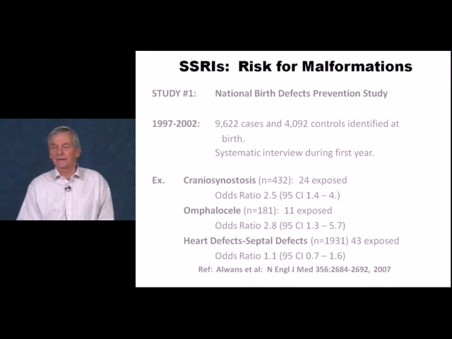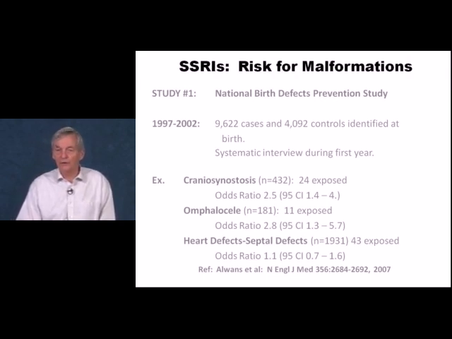So that led to the need for better studies, and I'm going to show you in the next two slides how difficult this has been to sort out. We start with the first study, done by a really large and very well-qualified group. The National Birth Defects Prevention Study is a 9-state collaborative coordinated by the Centers for Disease Control in Atlanta. Over a 6-year period, they had almost 10,000 children exposed to SSRIs and then 4,000 unexposed controls. And you can see there are some interesting correlations,